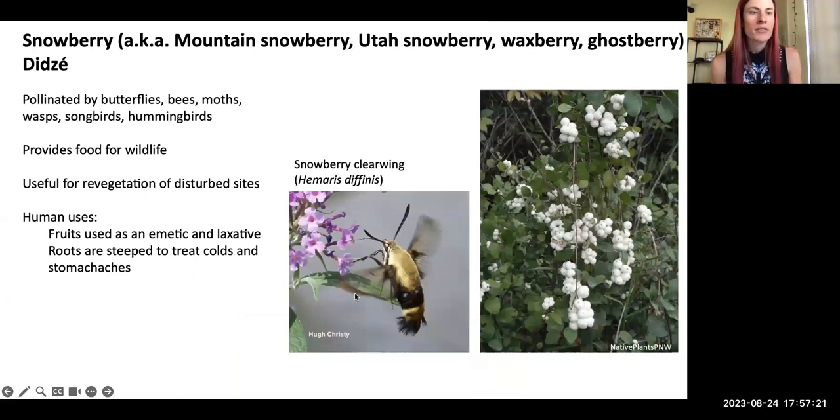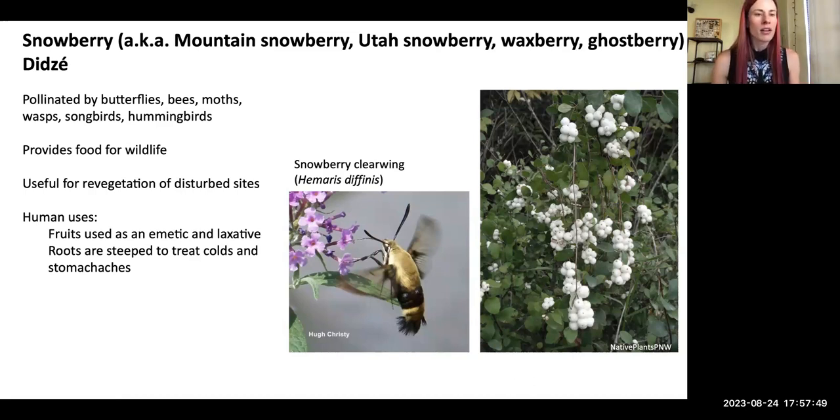Snowberry, this is pollinated by butterflies, bees, moths, wasps, songbirds, and hummingbirds. So here is an image of a clearwing moth, the snowberry clearwing moth. They're quite large. Sometimes if you think you see a hummingbird, it might actually be a moth. Which is cool if you think about it, because they both are similar in the way that they pollinate